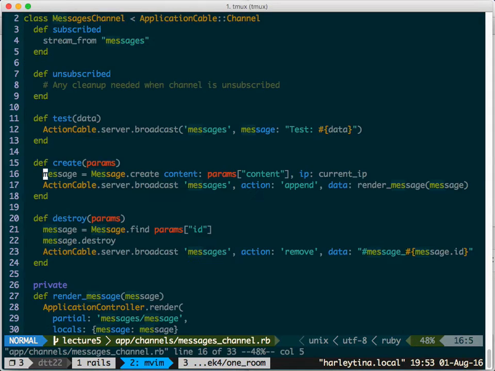Channel, messages channel. Okay, what happens here, guys? ActionCable broadcast messages. When I have 1,000 users, is this one going to be fast? Well, like this browser is like, hey, send messages to everyone, and it's a lot of work. But this one is supposed to be a very fast message back and forth. WebSocket,